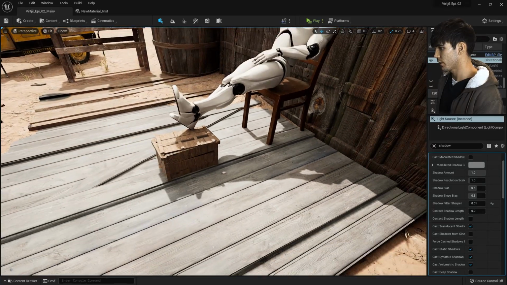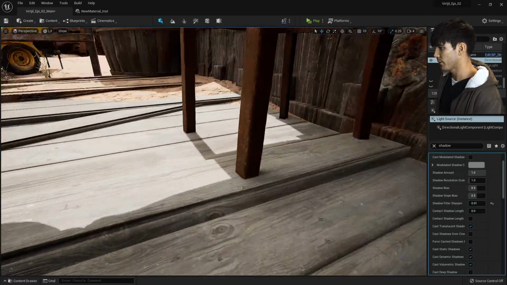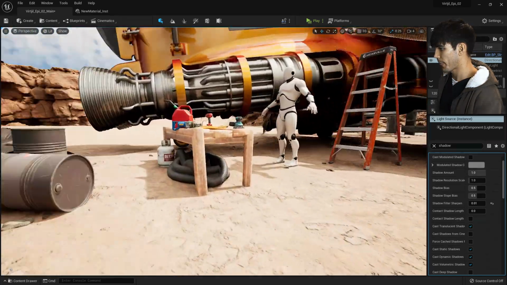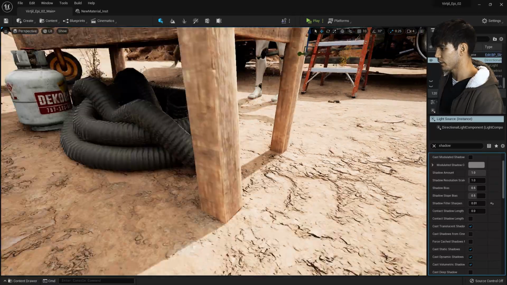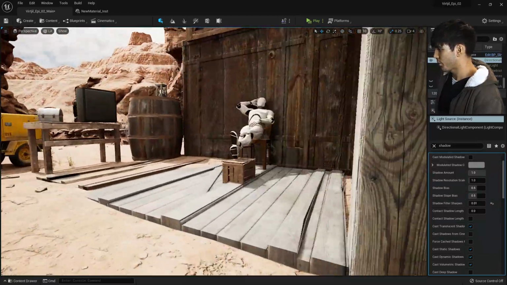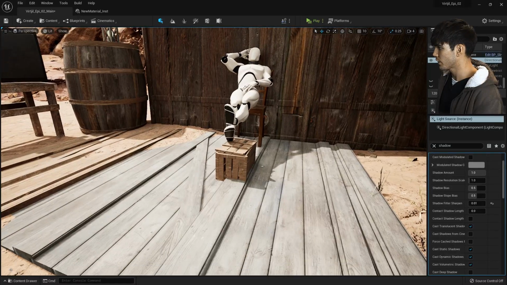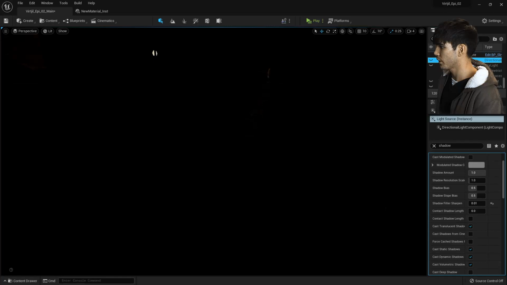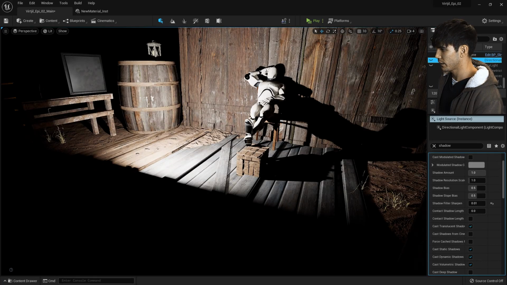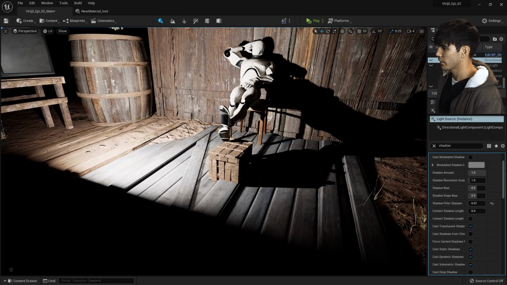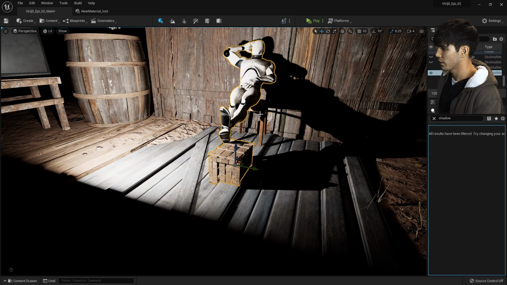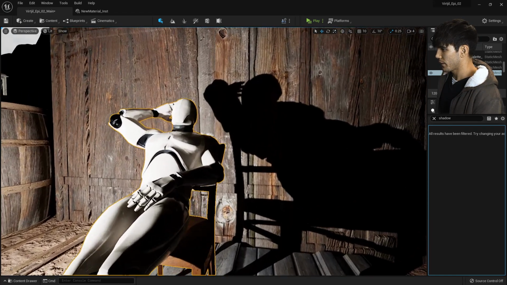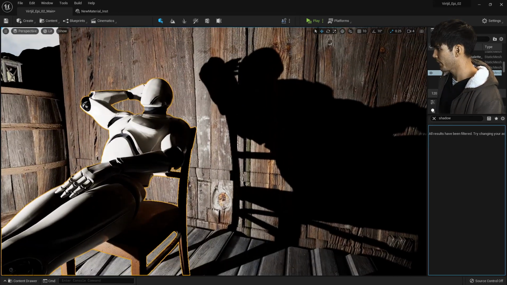So that also fixes the shadows around the edges of the table and the chair. I also played around with different light sources. So if I switch off the skylight and the atmosphere, I put in this rect light. Let me just quickly move these guys forward. Not a bad shadow.